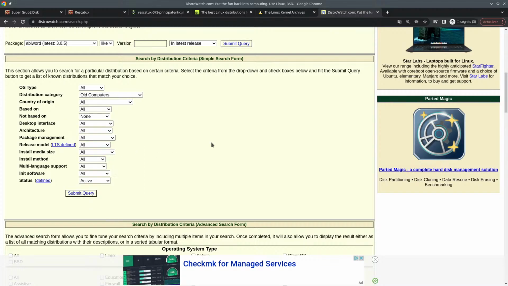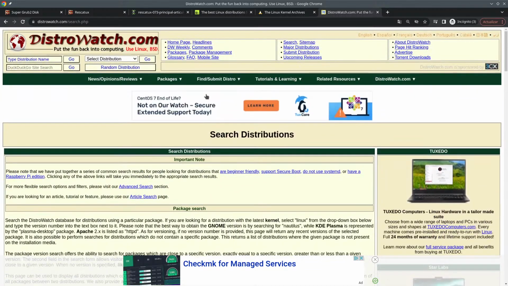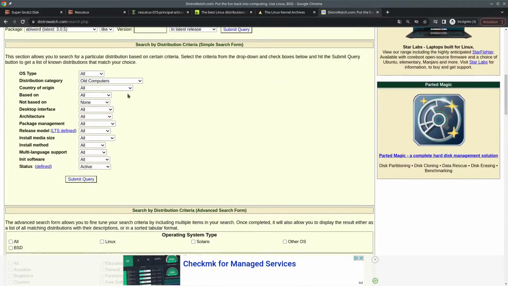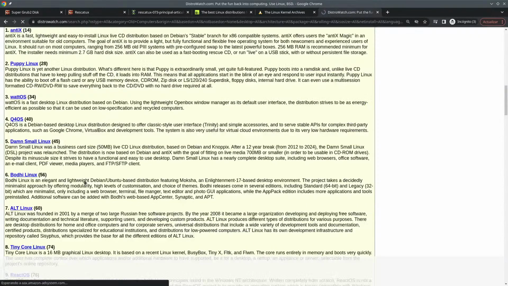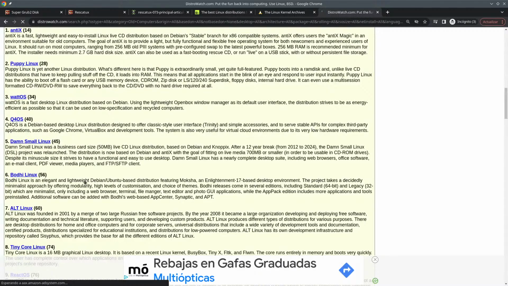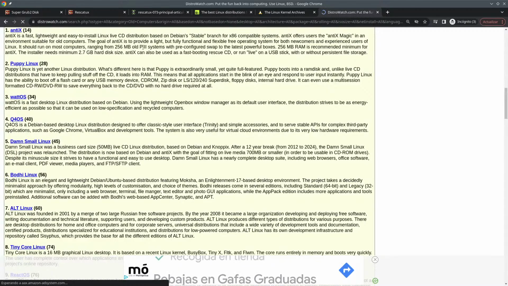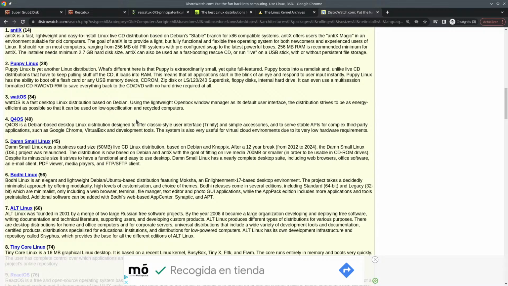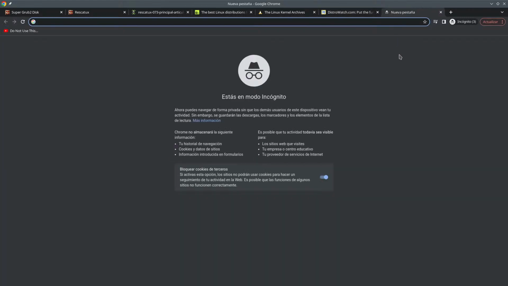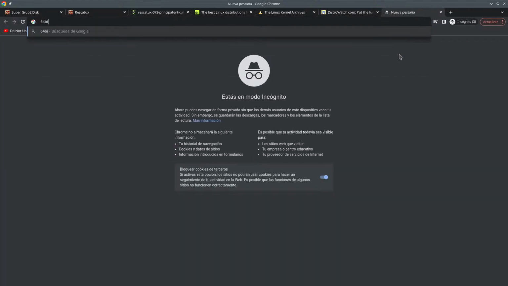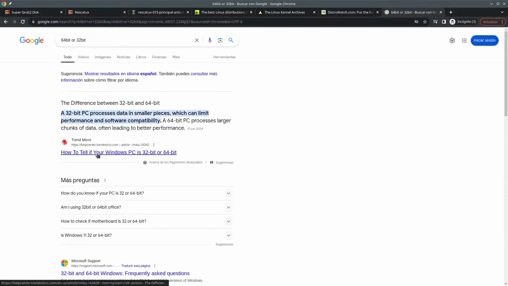Okay, so find submit distro, search distributions, then you go into distribution category old computers, submit query, and you've got all of these distributions that are for old computers. So what you need to find out is if you can put a 64-bit or 32-bit program, you know,